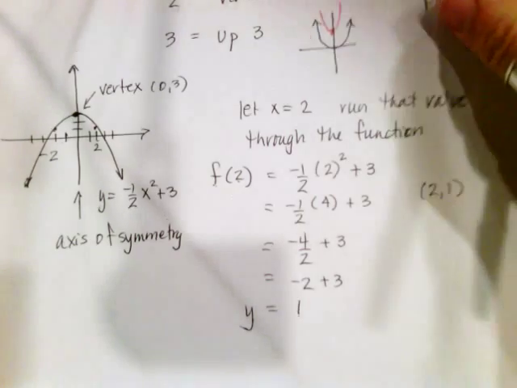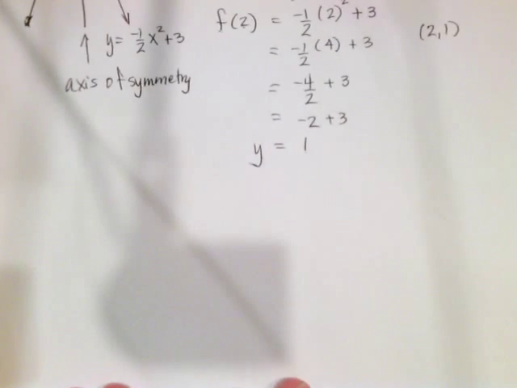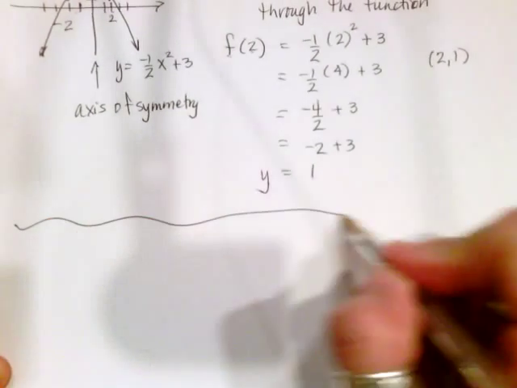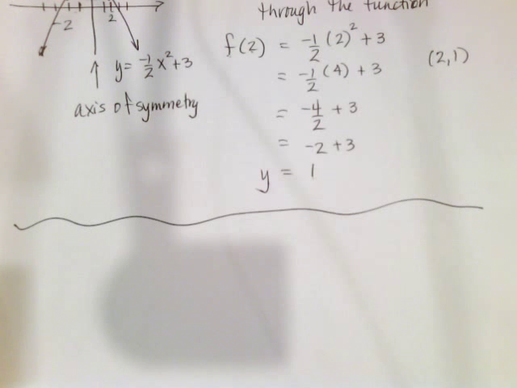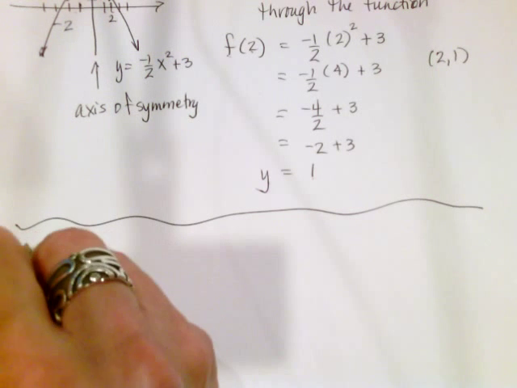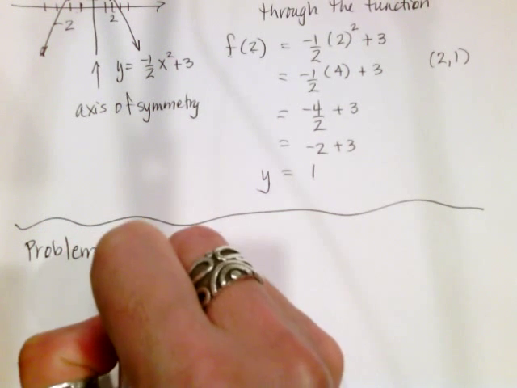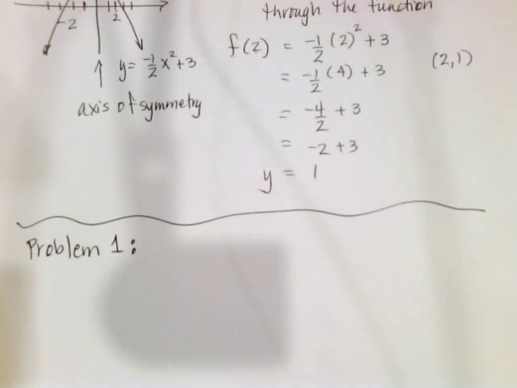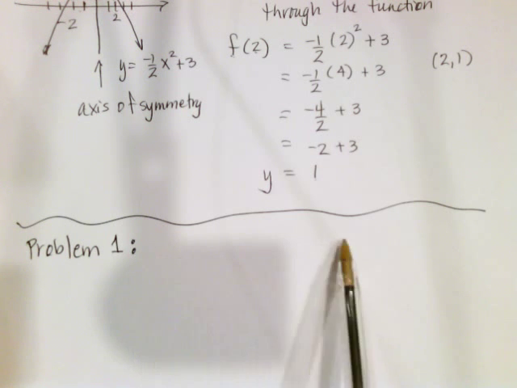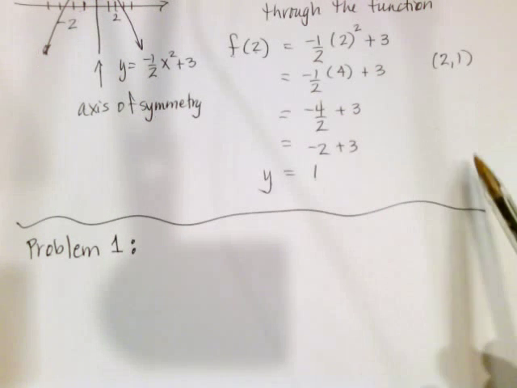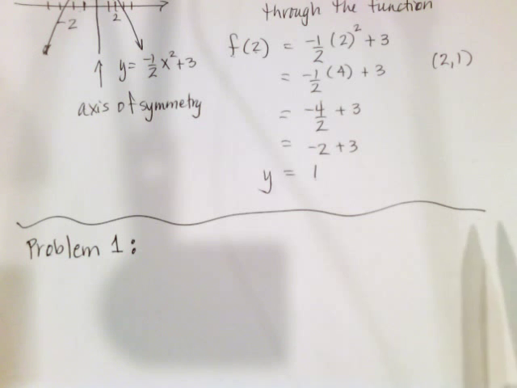All right. So now what I would like you to do is I would like to show you your problem or your task. So I'm going to draw a curvy line, which means this is the problem that you are going to do that you will turn in when you walk in tomorrow. So this is problem number 1. I'm going to give you the problem, and I would like you to pause the graph, look at what I've done, look at the equation, write your work on another sheet of paper, show all of the relevant steps, and then you will have 3 problems, I believe, that you will turn in right when you walk in the door